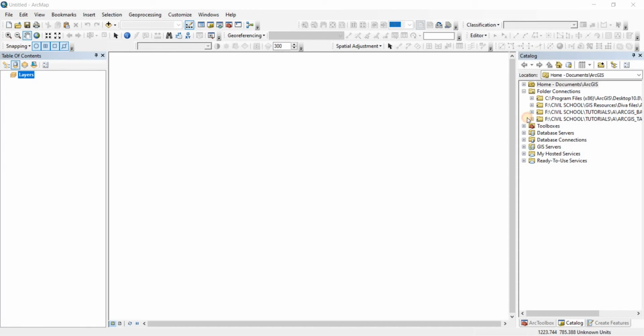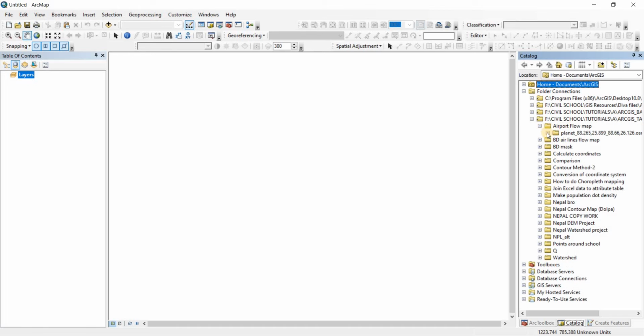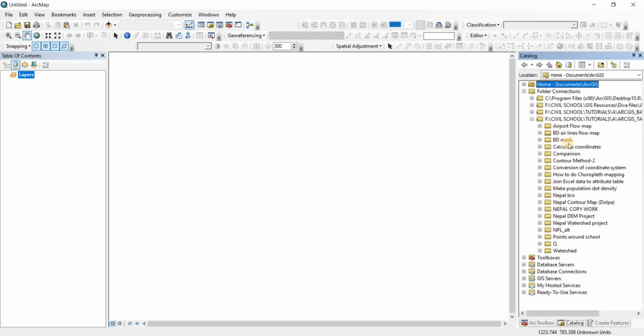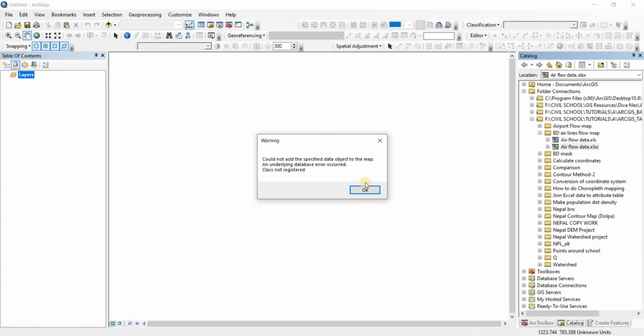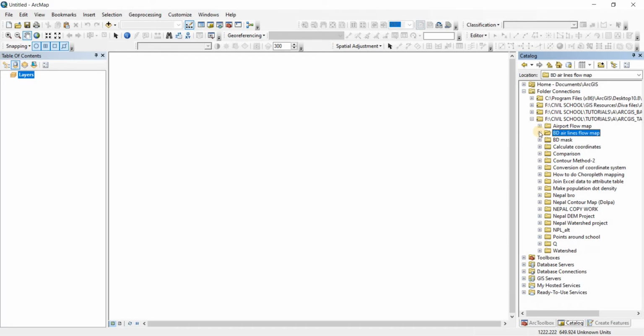Okay, at first let me just open up, okay, not that one. Here we have the Excel XLSX data here, and you cannot open it like that. You cannot drag it open like that. So how are we going to open this data in our interface? That is the question. To open the data in our interface, we're going to have to manually add